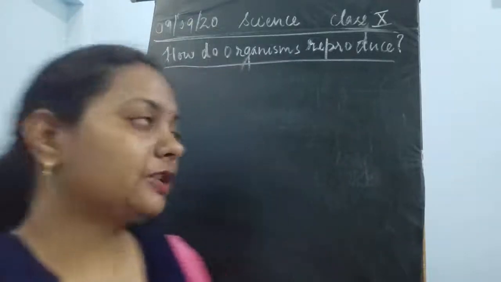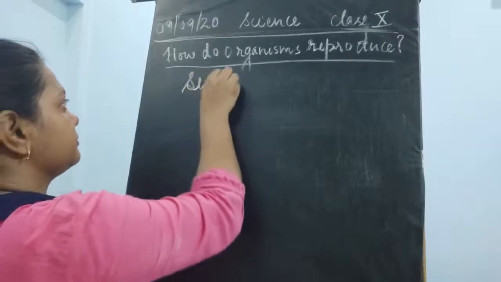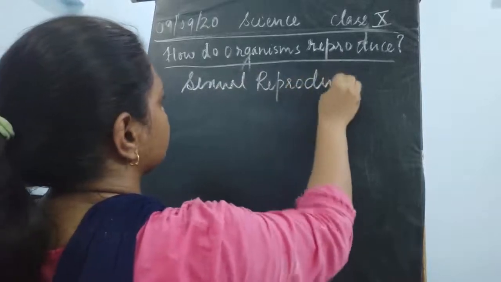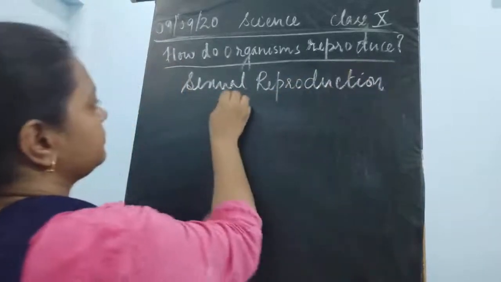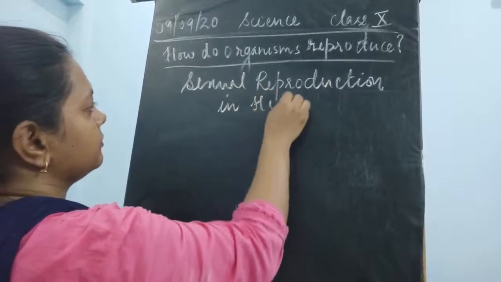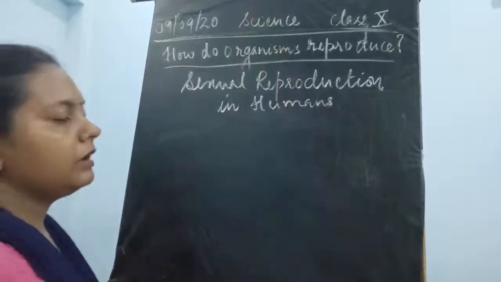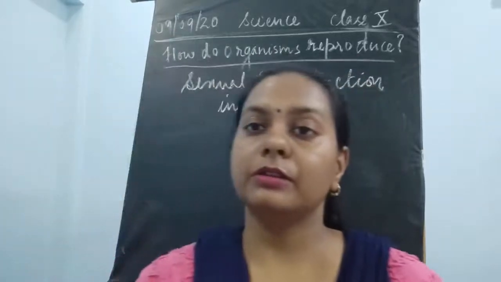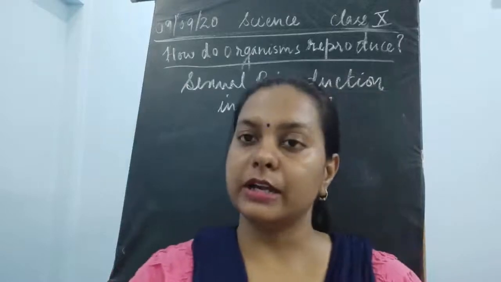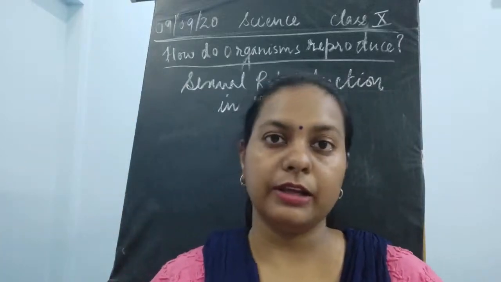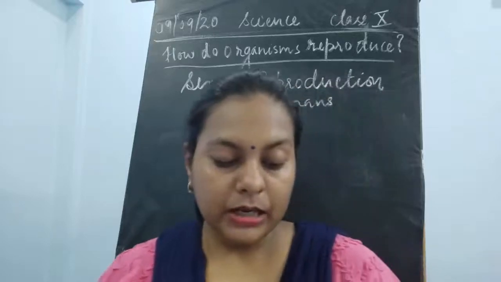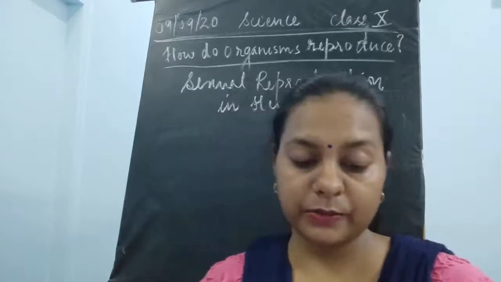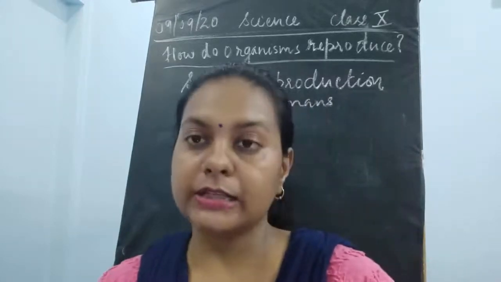Now we will move on to the sexual mode of reproduction. Okay, so we'll study about the sexual mode of reproduction in humans. We have studied about the sexual mode of reproduction in plants. Now we'll study about sexual reproduction in the higher animals, how it is taking place. Now we are familiar with the modes of reproduction that depend upon the involvement of two individuals before a new generation can be created.